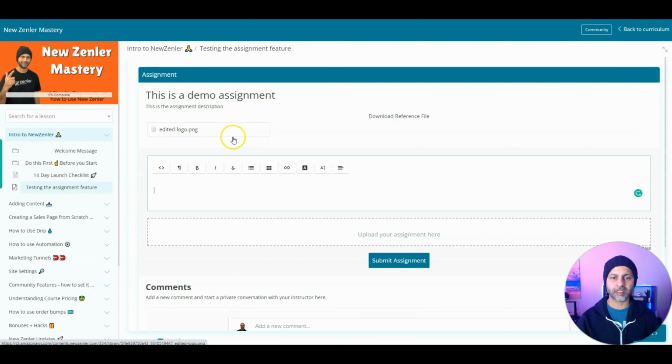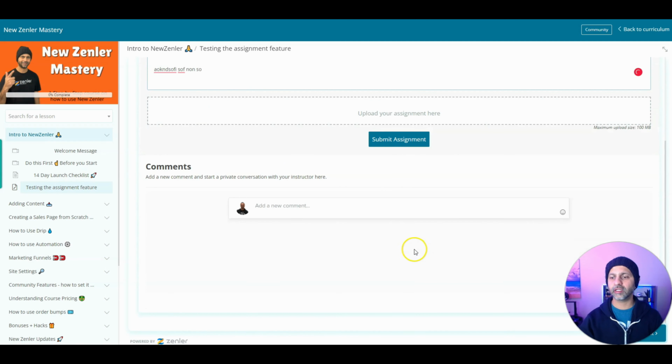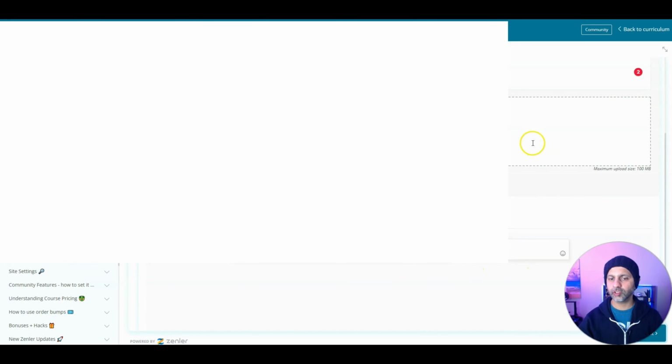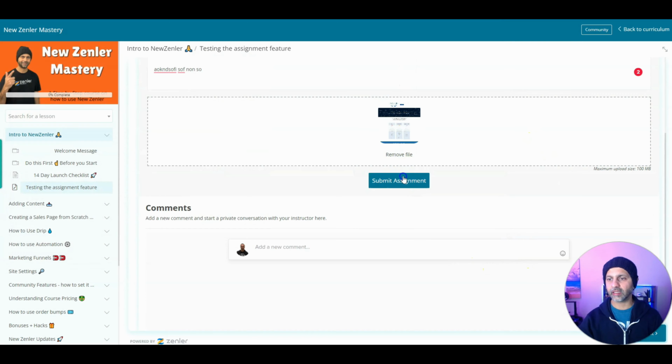If I click on the assignment feature, if there's a reference file, I'll be able to download that. So this is a reference file for your students. And then your students can simply type something here. They can upload their assignment and then submit their assignment. So if I upload this, let's just upload the screenshot, and then I can say submit